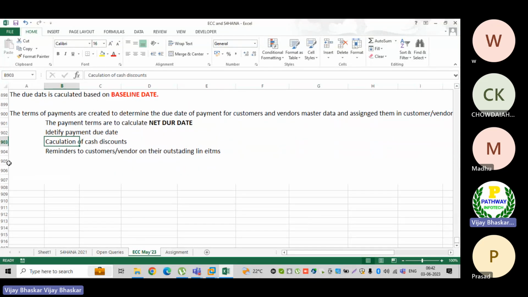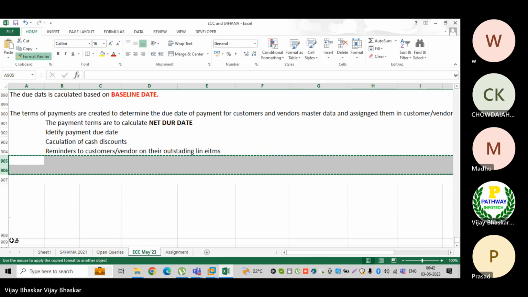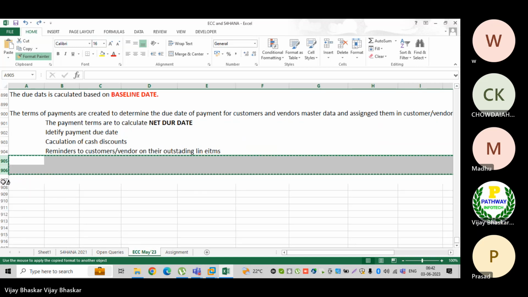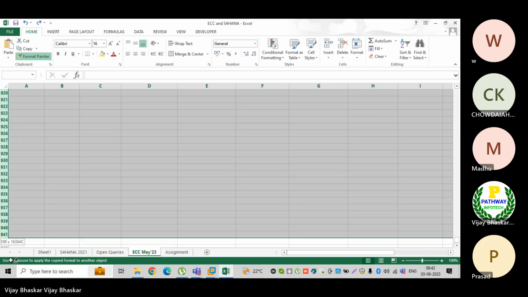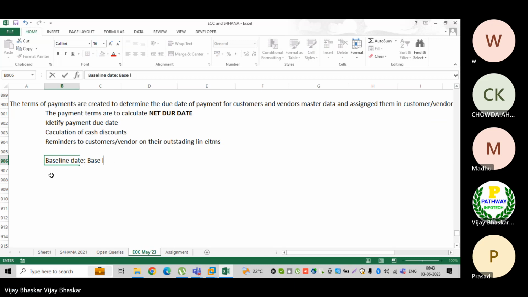We need to understand what is meant by the baseline date, because the baseline date is the date we can use to calculate the due date.